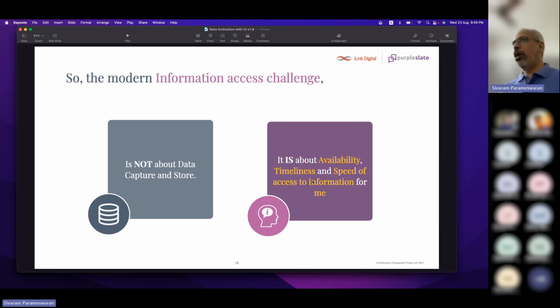Now, it's more like, how do we make this easily accessible? I think that's the problem, or rather, that's the modern-day data problem. How do you really make this easily accessible to your users? That's where we are saying technology as a solution, using conversational AI, could be extremely useful.